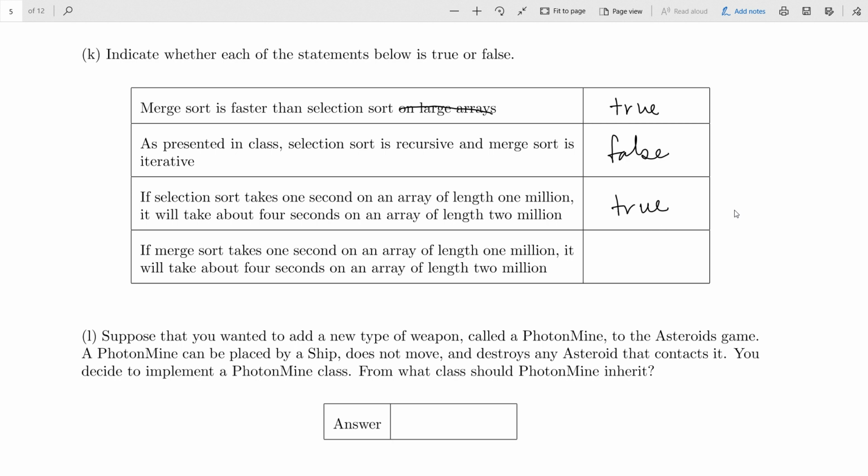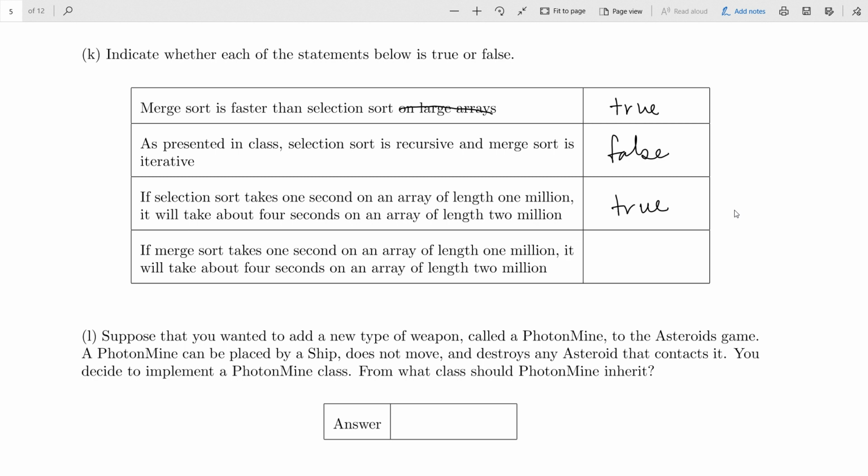And the same question about merge sort. False. About how much time would merge sort take if you double the length of the array? Okay, here are some tentative answers there. Would it be 2 million? It would be close.